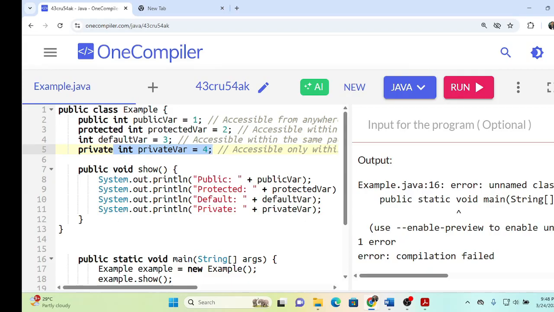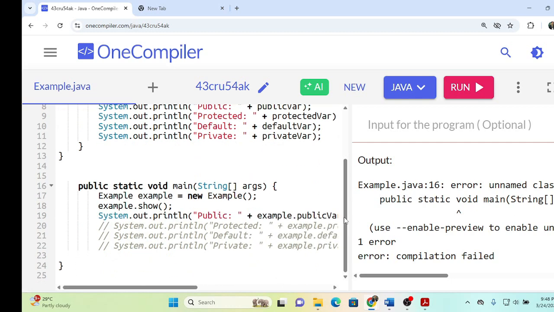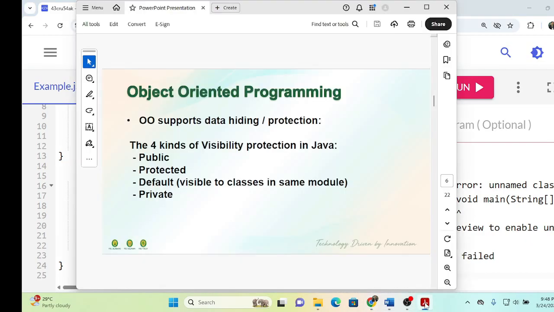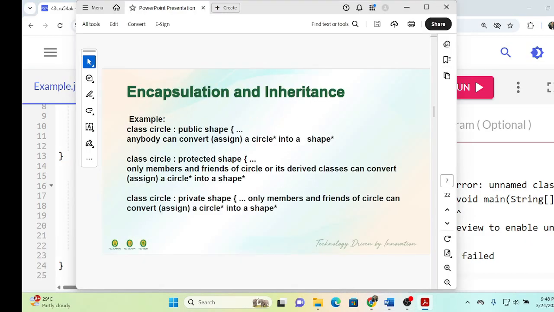So this is how object-oriented supports hiding and protection of a variable, no? So that's how OOP supports it. And next we have